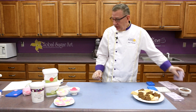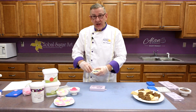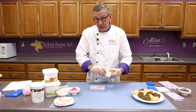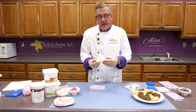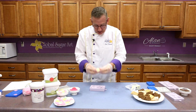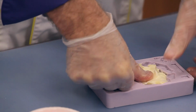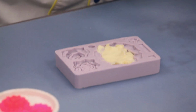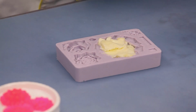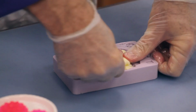Another use is butter. And you can make small molds or you can make large ones. Now, just take a stick of butter out of the refrigerator, not the freezer. Make sure it's just refrigerator cold. And it does need to be cold. Don't knead it and soften it. Just put it right in the mold and push down, and you'll see butter is pretty soft even when it's cold, and it works really easily. So just push it right into the mold,